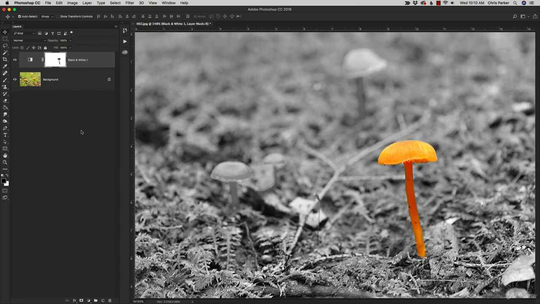Hello and welcome back. In this lesson, I'm going to show you how to use the layer mask when working with adjustment layers in order to do custom edits. And this is just one example of many that you can do with layer masks, but we're going to learn the basics and the principles of layer masks, and then you can apply that to any type of edit